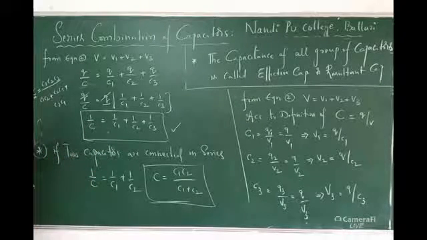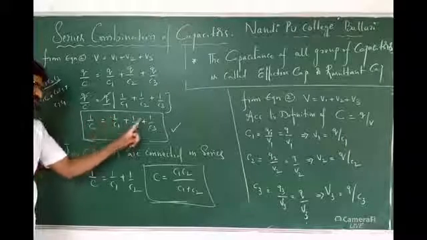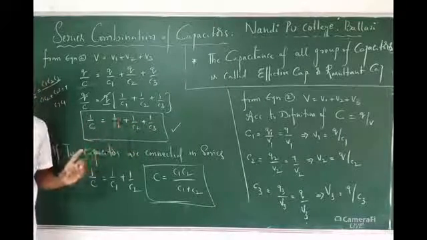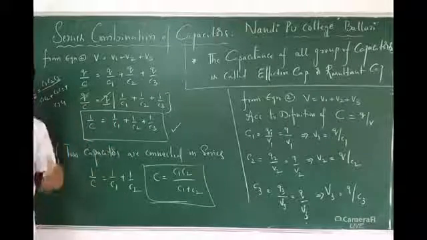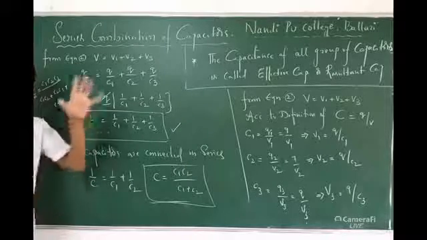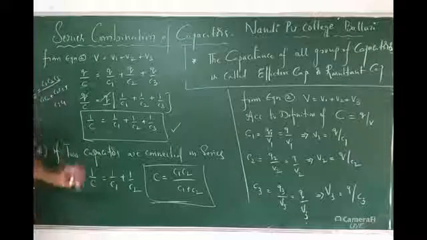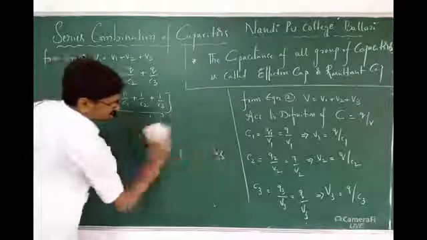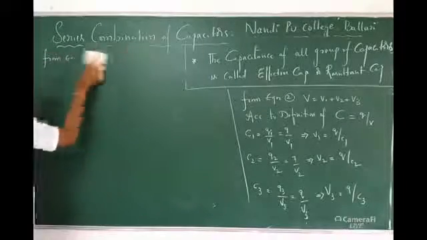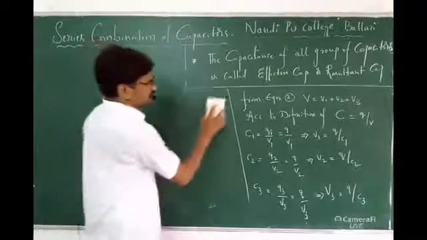Understand? What are the observations here we have? 1 by C is equal to 1 by C1 plus 1 by C2 plus 1 by C3. All are fractions only. So, the capacitance of any one capacitor is greater than the total value or less than the total value. You did not get my point. I will write once again about series combination, or else first I will complete parallel combination, later I will discuss this also.